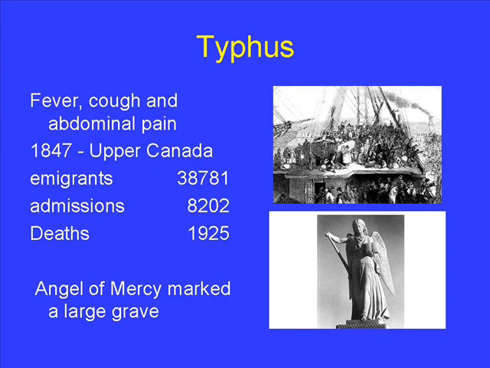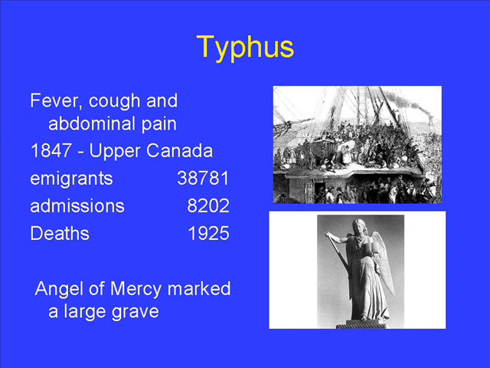And if I was trying to create a sense of perspective, remembering that Kingston was a community of about 10,000 souls at the maximum at that point in time, and they dealt with 38,000 people who came through the waterfront. That would be similar today in our community if we had 600,000 people arrive at the waterfront. For the people in Kingston, that was an overwhelming impact that they were exposed to. The resources were very limited, and the best they could do was a series of fever sheds along the waterfront.